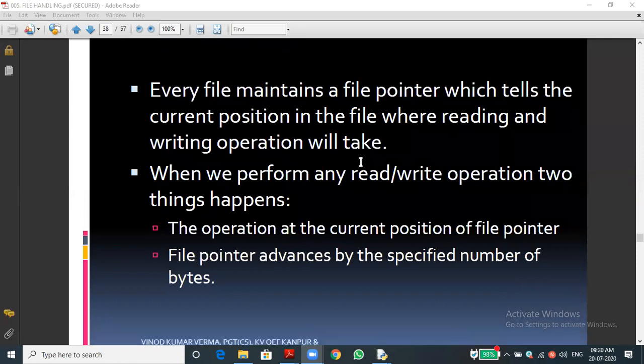Now, likewise, the cursor will be positioned. For example, whenever we are opening a file, the content is already there. When we open the file for read purpose, the cursor will be at the first position. After reading, for example read 10, the read function reads character-wise. Read 10 means the first 10 characters will be read. Let me show one example program.